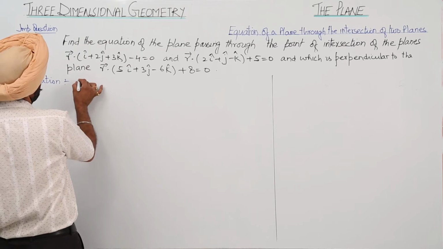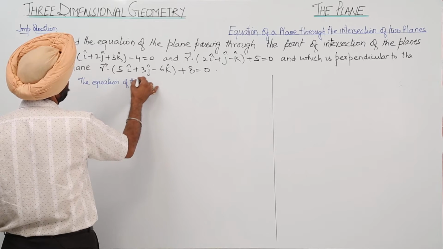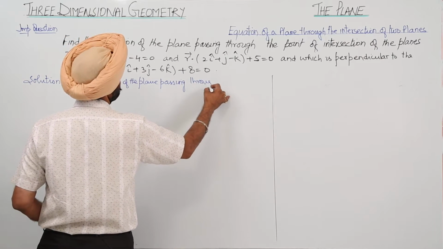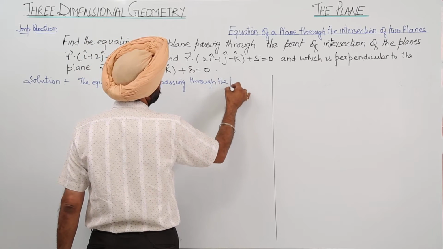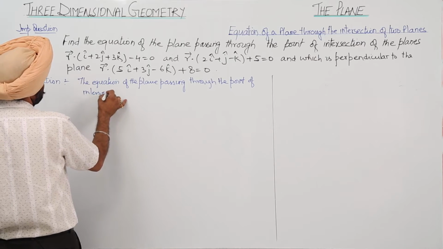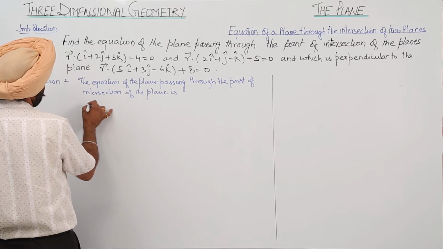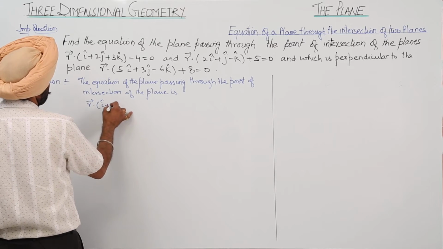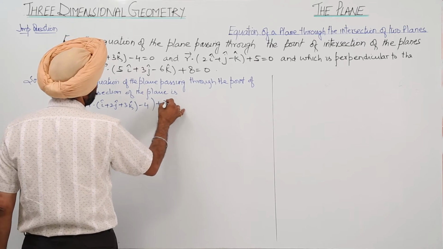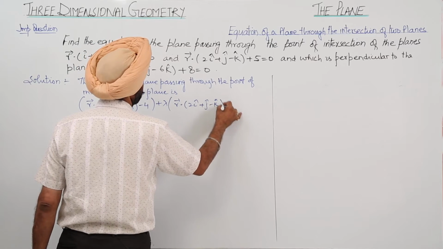Now the equation of the plane passing through the point of intersection of the planes is: vector r dot (i cap plus 2 j cap plus 3 k cap) minus 4, plus lambda with vector r dot (2 i cap plus j cap minus k cap) plus 5,